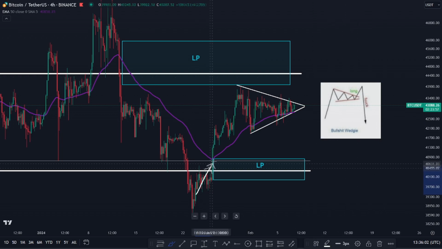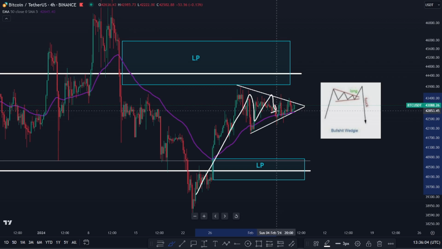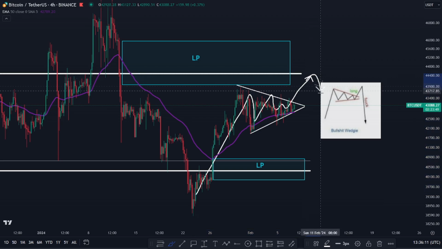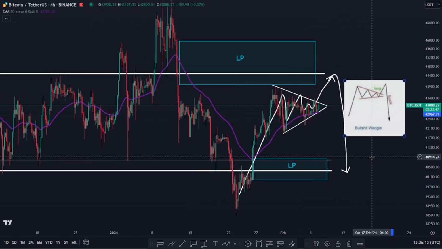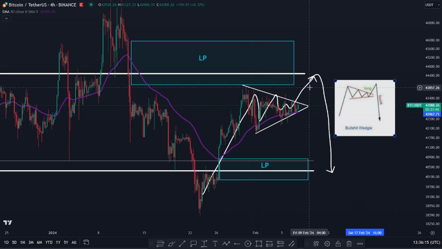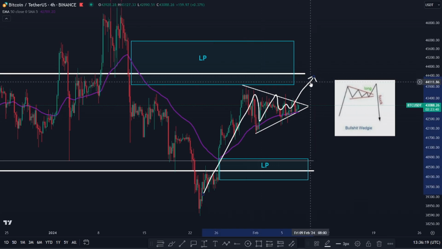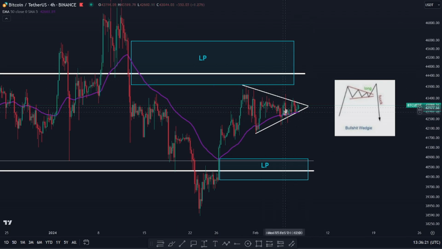You have the move up, consolidation, then you have a fake out. This might even reach the range highs, where there is some resistance, and then you have the drop, okay? So why not? Why can't this happen? What I'm trying to say with this is that if you see a breakout from this pennant, from this triangle,